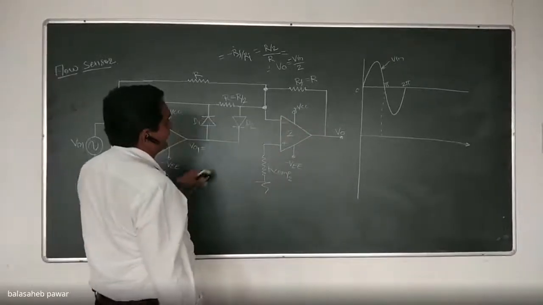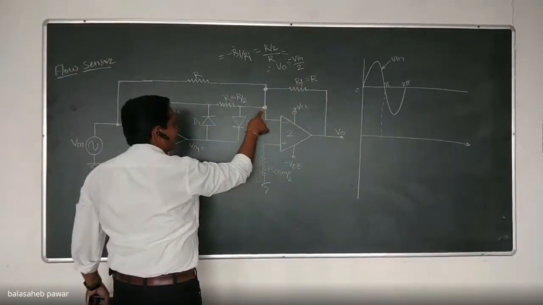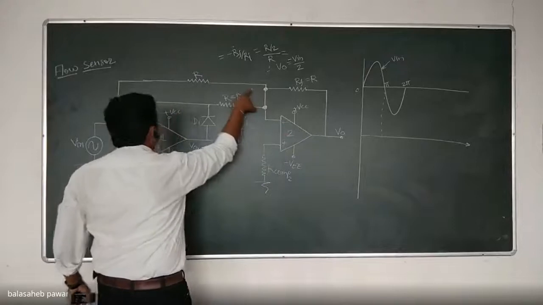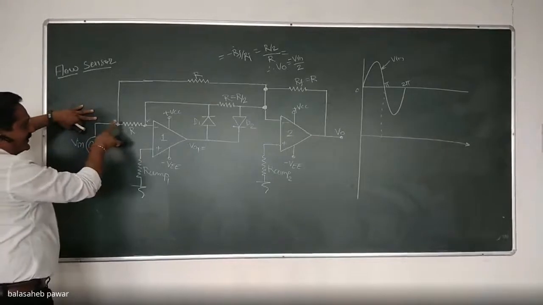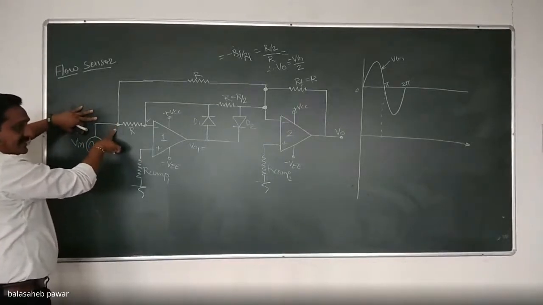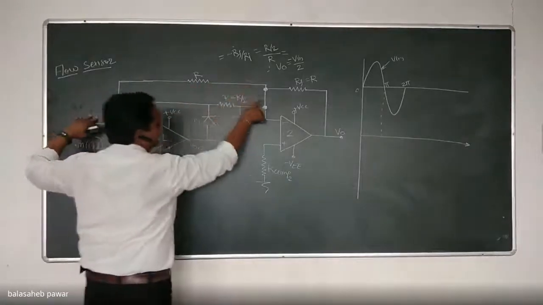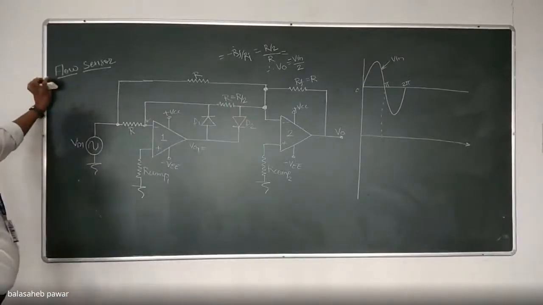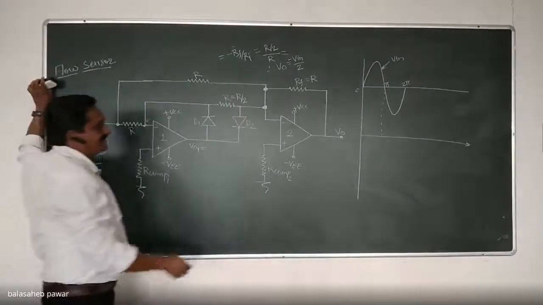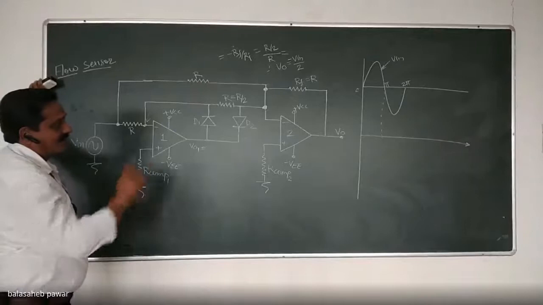Now, see that minus Vin by 2 we are applying at this node. At the same time, another input to the second op amp is coming directly from the input signal source. Right? And what is the input signal source? It is Vin. Yes or no? That is positive half, sir. So positive half plus minus Vin by 2 is the net input voltage to this second op amp. Agree? So what will be the output of the second op amp?